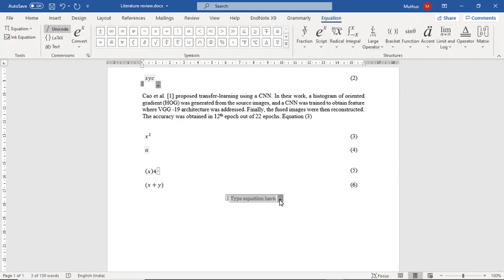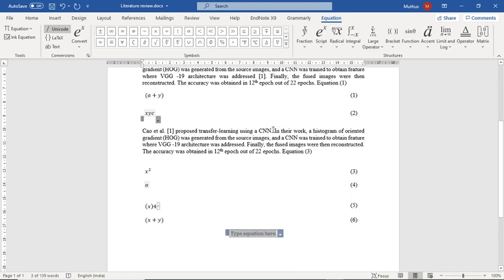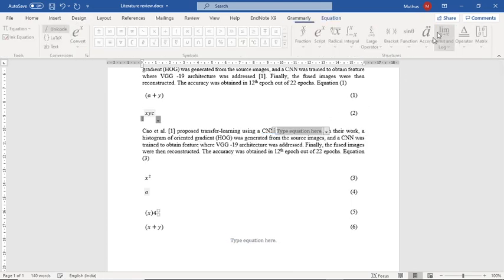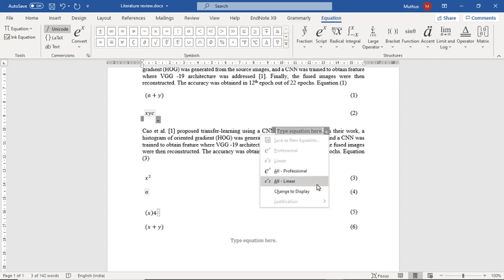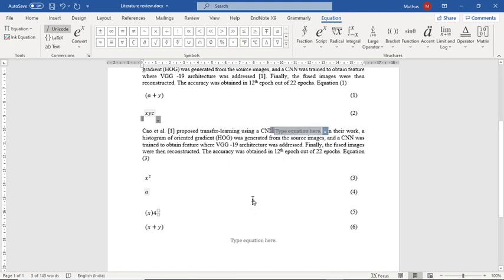There are two options: change to inline and change to display. Change to display means it is a big size, and change to inline means it is accommodated within the paragraph.